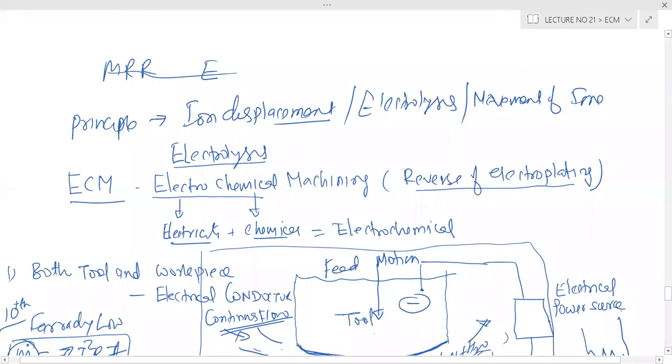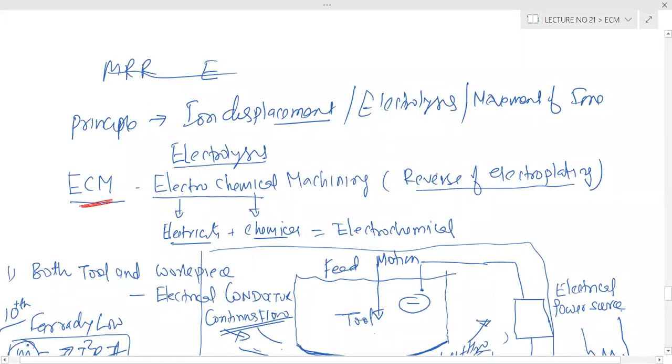Does the reactivity of electrode and electrolyte affect the ECM process, either best or poor quality of machining? Electrolyte is your NaCl and H2O. Nothing to do with reactivity. So in the ECM, this is for Nikhil.